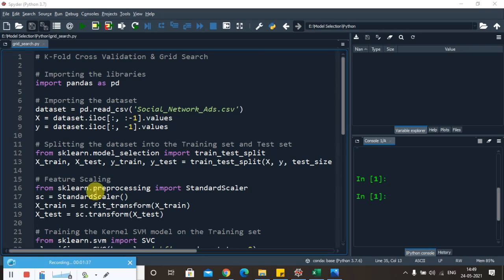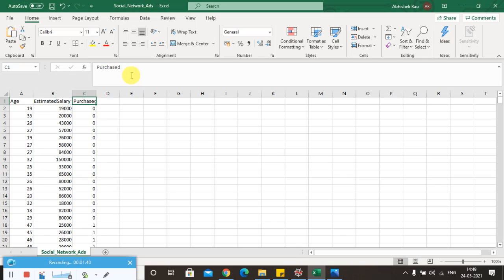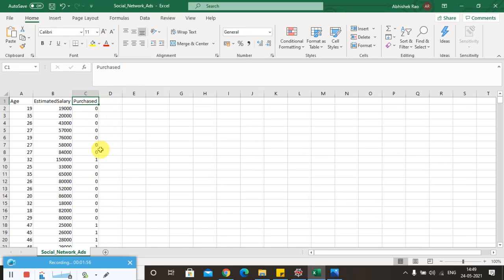to the dataset. Okay, so the dataset we are using is social network ads, in which we have two independent variables, age and estimated salary, and one dependent variable vector, the purchased column. Okay, so the main vision of this model is to predict, given a customer's age and estimated salary, whether he or she is going to purchase a new brand car from that